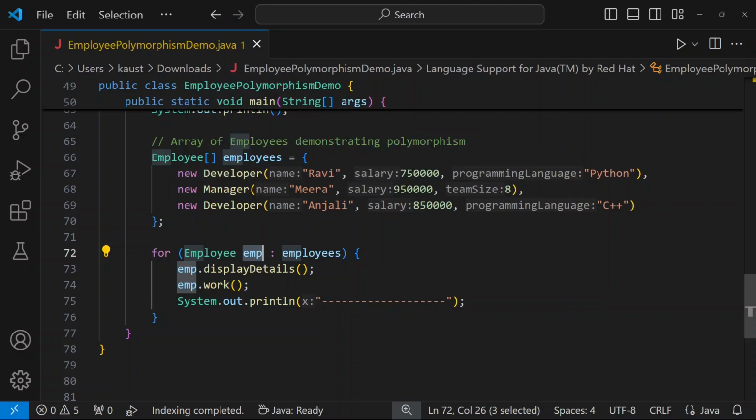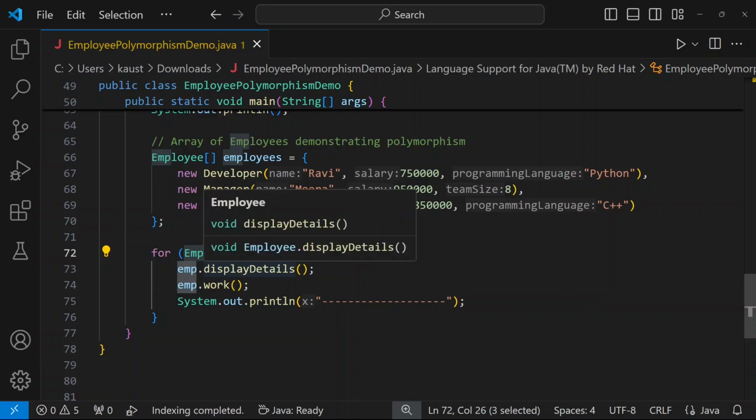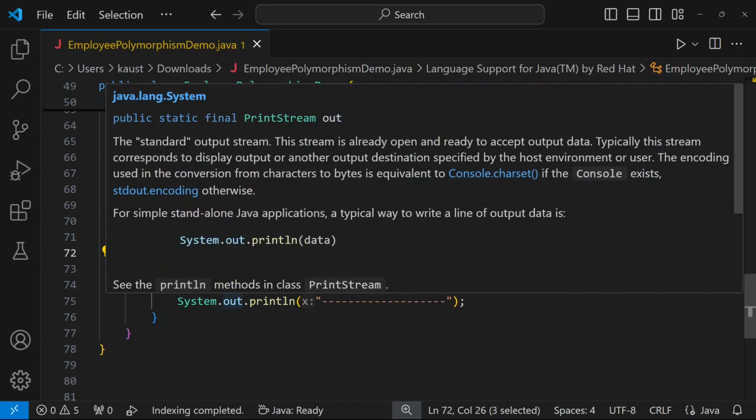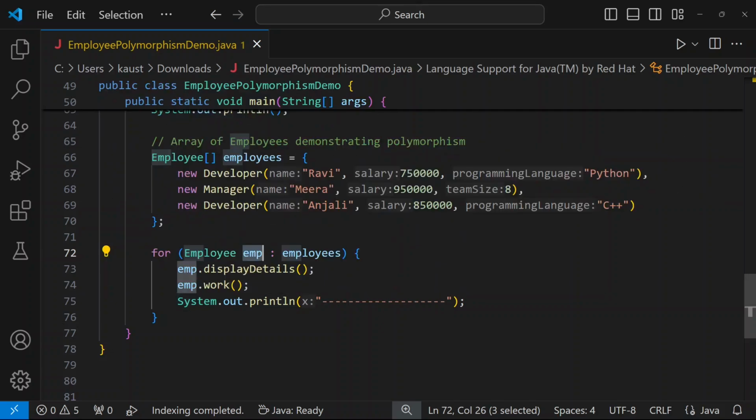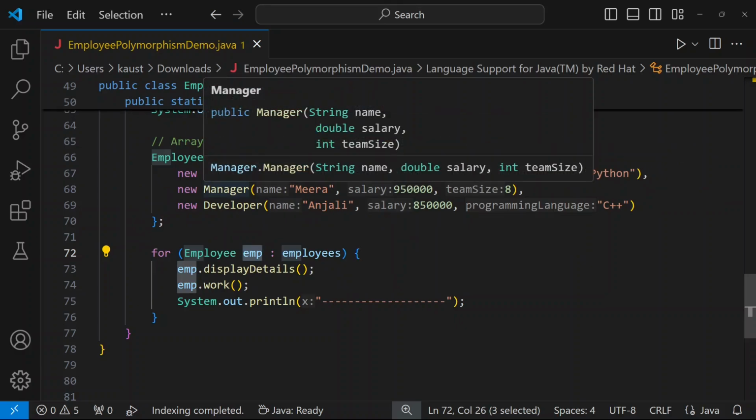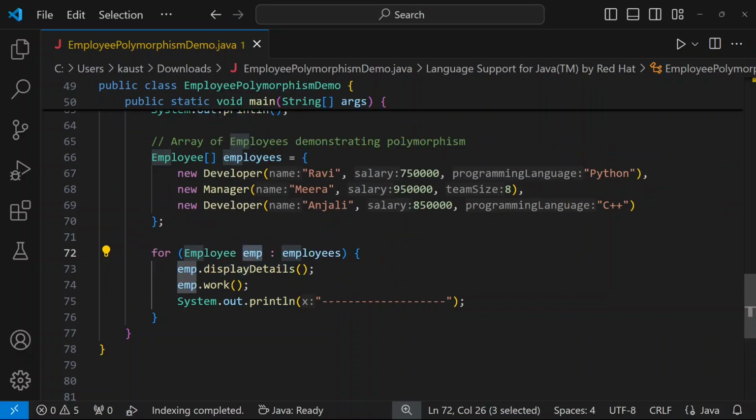Then in the second iteration, emp will contain the address of the Manager object. In displayDetails, it's always taking the Employee class, that is the parent class version, so it's always name and salary that is printed. In the case of work, in the second iteration it will invoke the Manager version of the work method, and it will print that Mira is managing a team of 8 members. And then again in the third iteration,